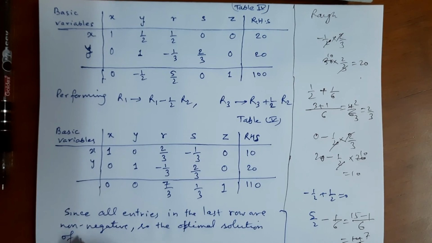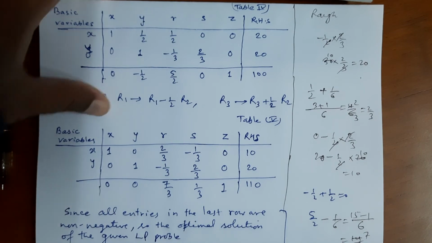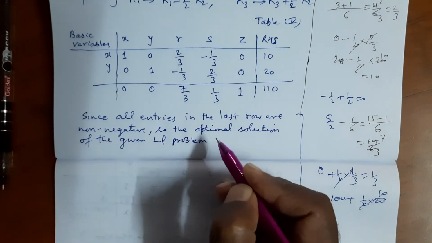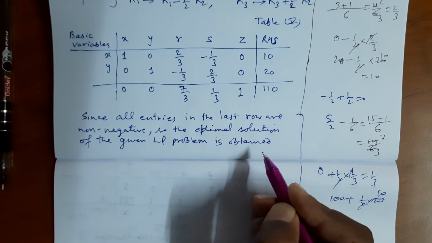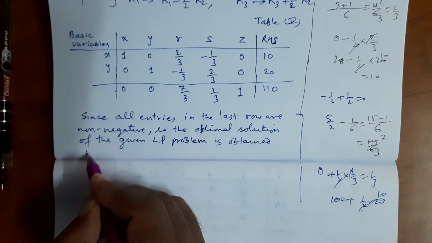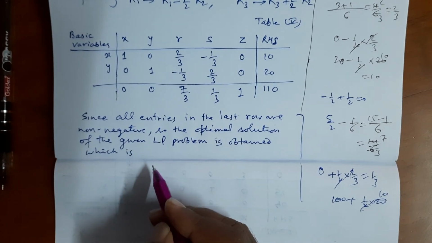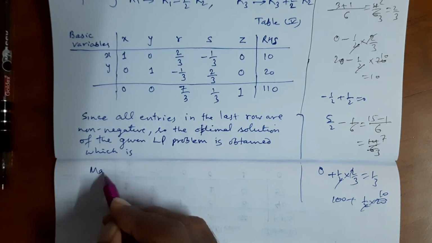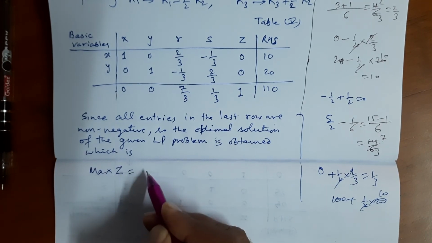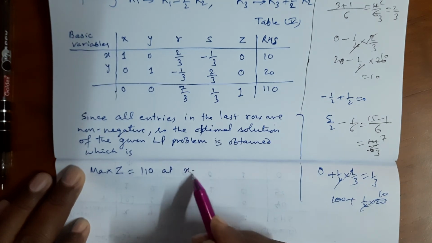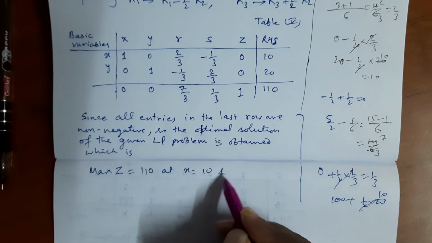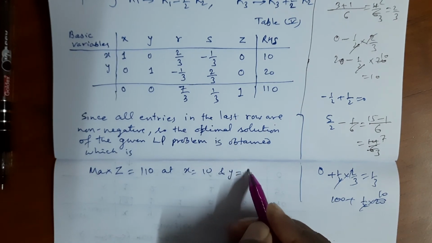which is maximum Z equals 110. This x value is 10, x equals 10, and y equals 20,